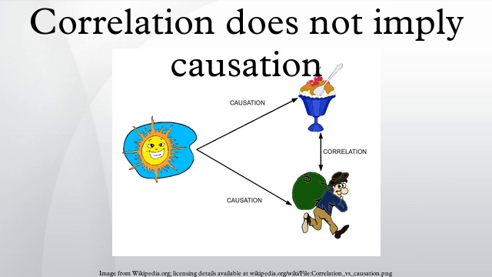Example 2: young children who sleep with the light on are much more likely to develop myopia in later life. Therefore, sleeping with the light on causes myopia. This is a scientific example that resulted from a study at the University of Pennsylvania Medical Center. Published in the May 13, 1999 issue of Nature, the study received much coverage at the time in the popular press.